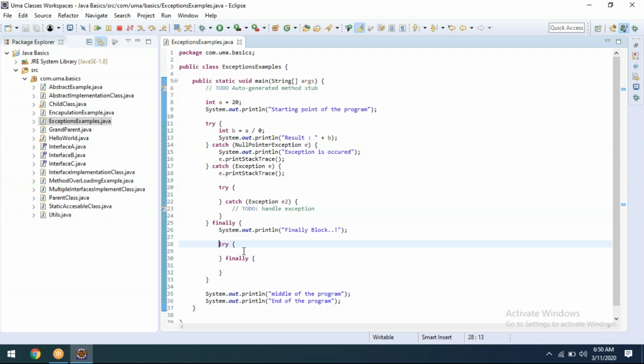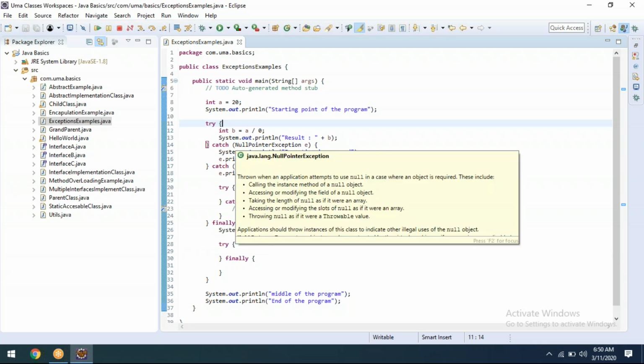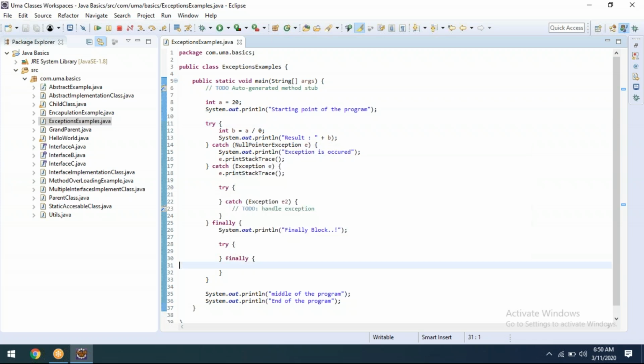And nested try. What do you mean by nested try catch? See, within the try block or within the catch block, we are having few more try or catch blocks. Here also, whenever we are trying to do nested try, there is no special meaning for that. Some people will say nested try. Instead, within the catch block or the try block or the finally block, we can go for try catch or try catch finally or try finally. Anything we can use. Hope this is clear.